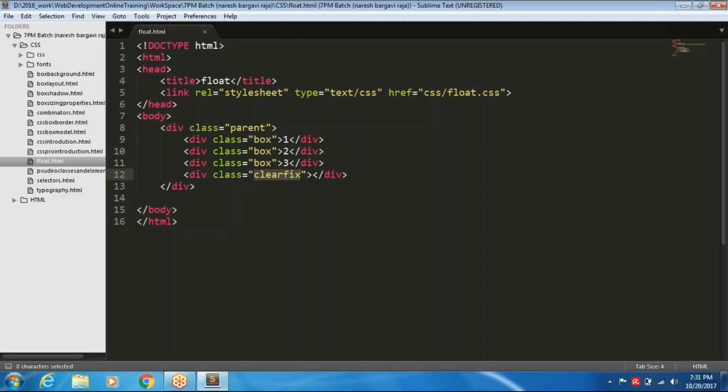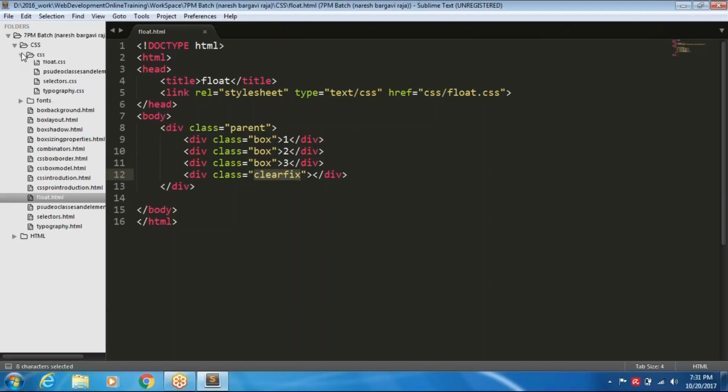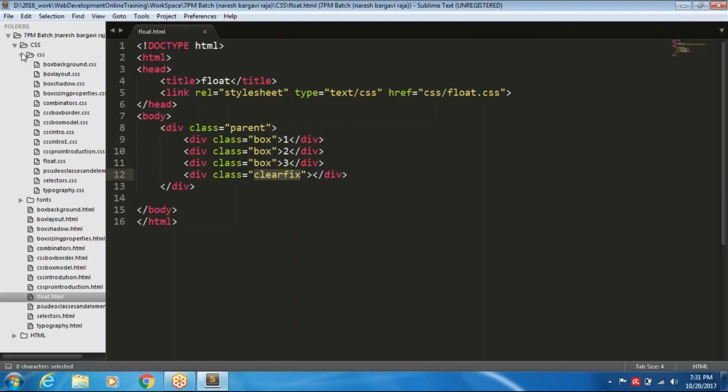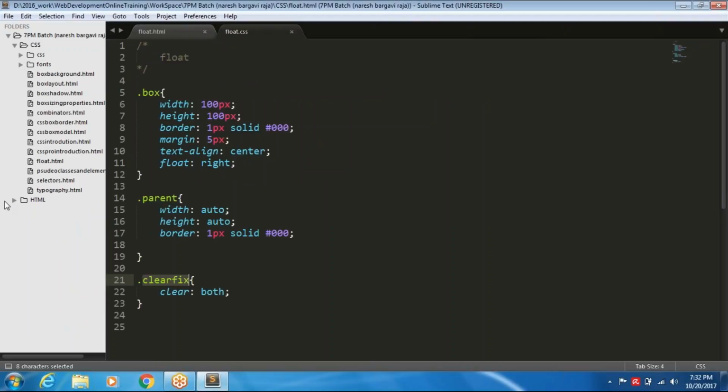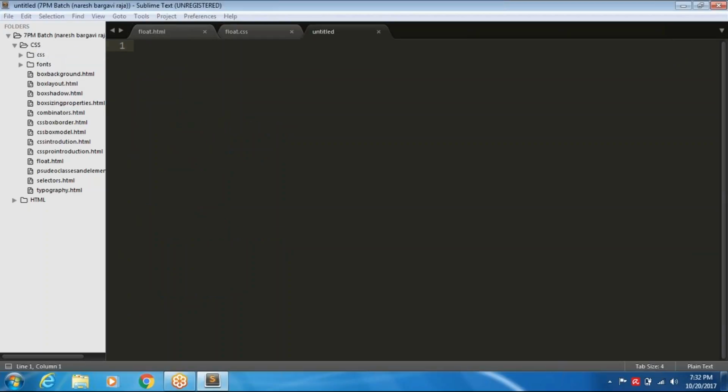We have seen the problem with the float, that is a parent element collapsing, that can be avoided by using a technique called the clear fix technique or overflow hidden. You can use any one of these based on the application. And today I'm going to show you one more important layout property, that is the position property,